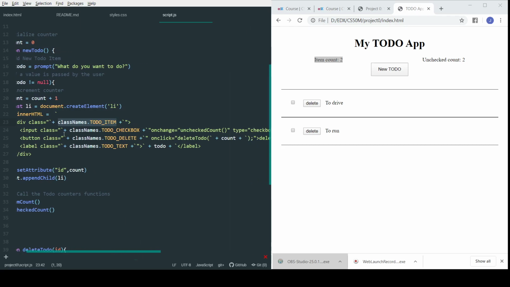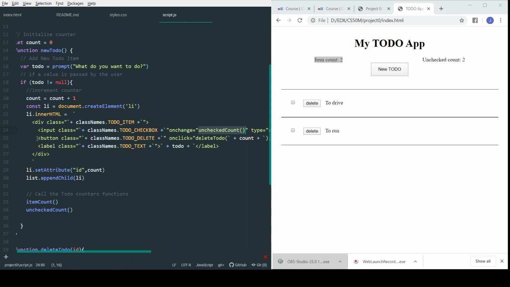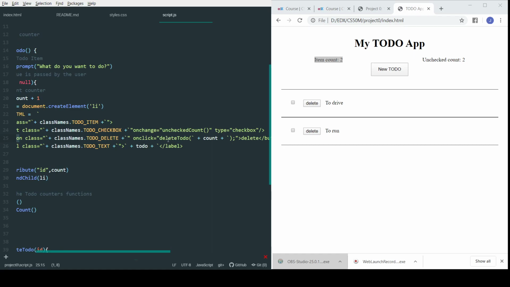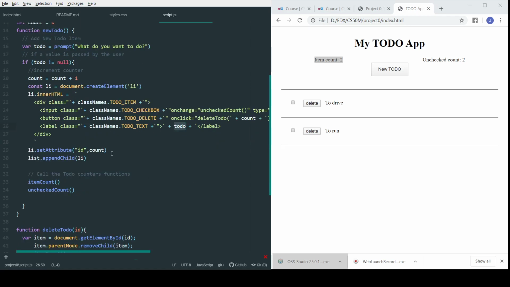Then the input box, which is of type checkbox, has an attribute called onChange. And whenever this checkbox is changed, meaning if you check or uncheck that checkbox, then this uncheck count function is called. And then the button you should see here will execute a delete to do function passing the value of count whenever it's clicked. And then lastly, whatever you typed in the prompt, it will be displayed. Next, it will